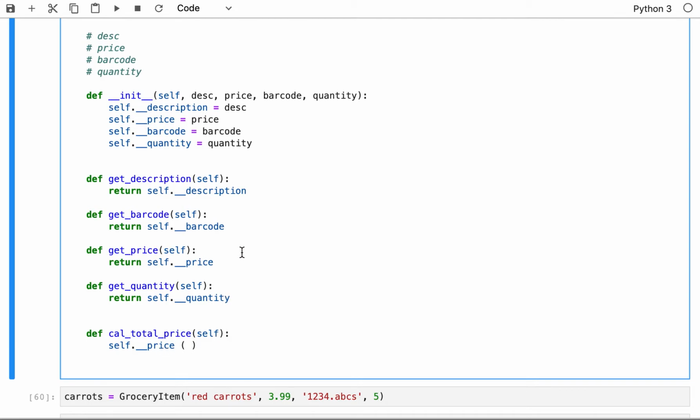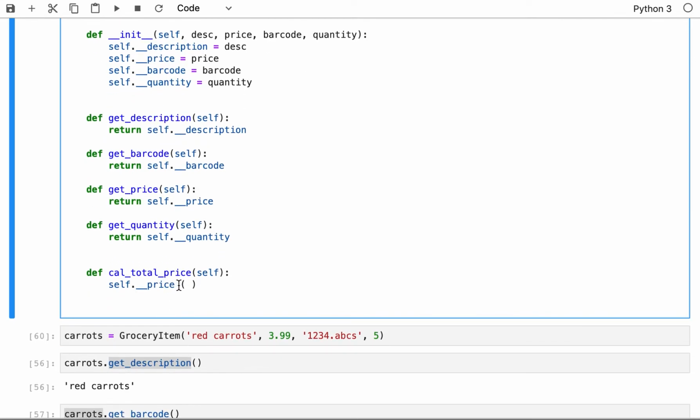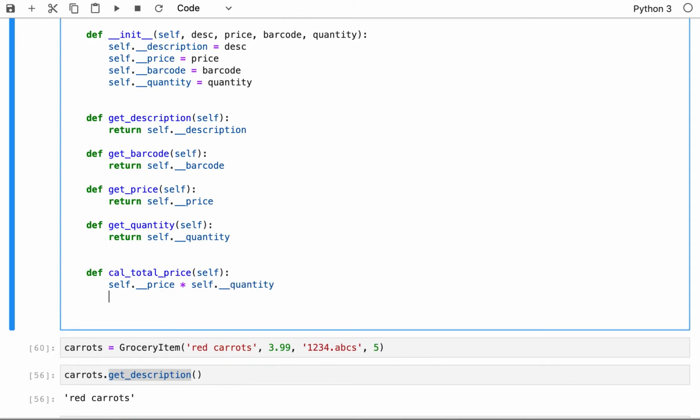Okay, so now I hope there are no more princes here or frogs. So this is the price, and now I want to get the self.__quantity like that. I could return them right away and that would work, but I like the idea of doing steps, so it makes sense. So now I'm gonna get the total